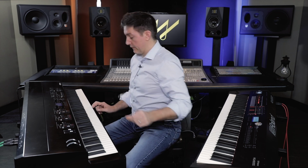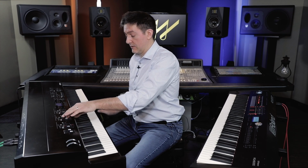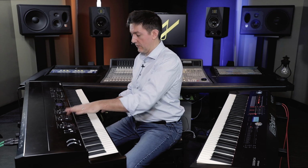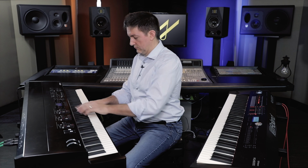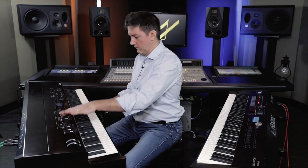So if we are on an e-piano, for example, so that's the default sound. And that's under the tine category, and that's the first of three models that you can select from. So this is the second one, and the third one. Or of course the reeds. There's your modern DX sound, and then your electric grand. So if we go back to the very first tine sound,